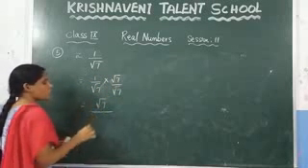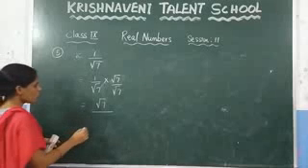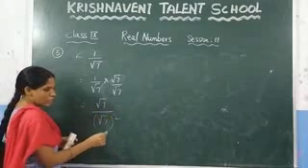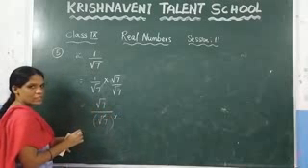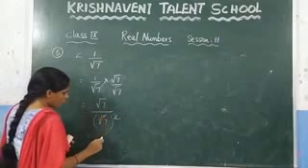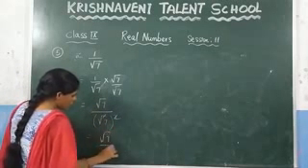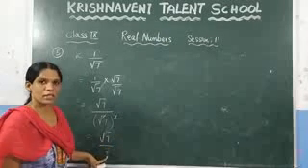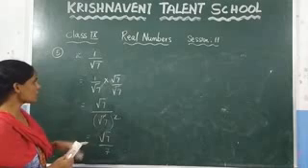Here how many times is root 7 there? 2 times. So here you can write this as root 7 whole square. Here this square and this root will get cancelled. So what is left in the numerator? Root 7. And what is there in the denominator? 7, and you know that it is a rational number. This is the process here.